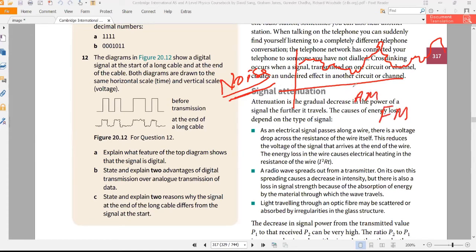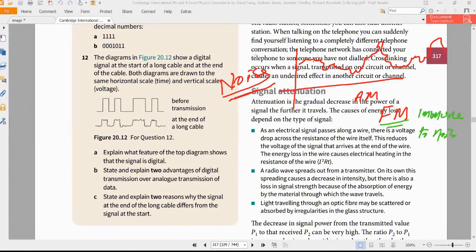Amplitude modulation also has variation in the amplitude, and similarly in noise we also have changes in the amplitude. So that's why noise has a greater impact on AM as compared to FM. That's why we studied last time that FM is immune to noise, while AM is not immune to noise.